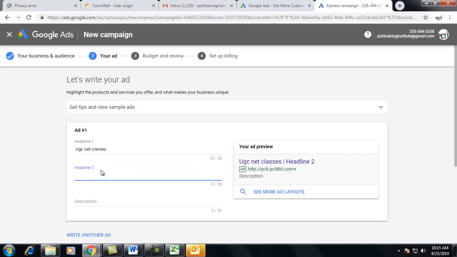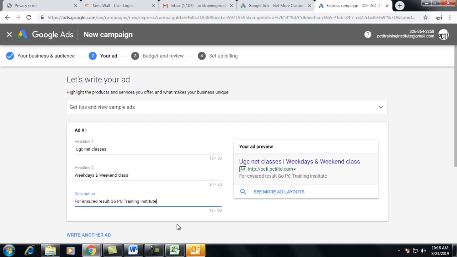So now it is approved by this advert platform. Weekdays, you can have a view, and weekend classes. So whatever data I am adding on this, it is reflecting as a preview over there, right?